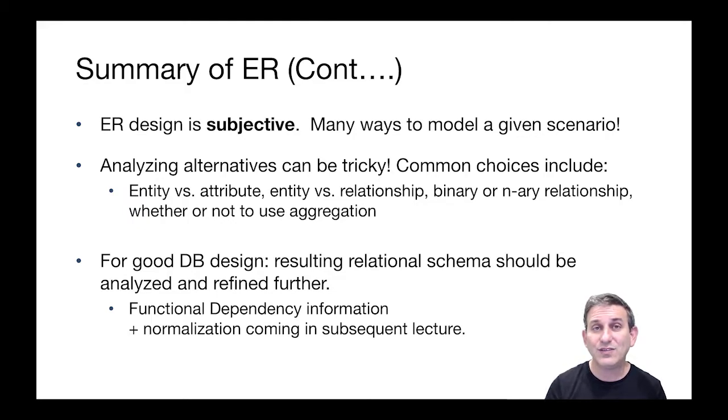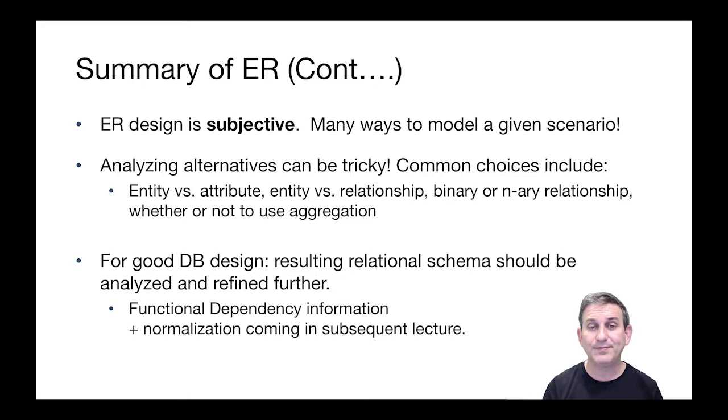So there are very often no right answers for ER design. It's often quite subjective. And I'd say that analyzing the alternatives, as we've seen, can be quite tricky. So we looked at some common choices: entities versus attributes, entities versus relationships, binary versus n-ary relationships, whether or not to use aggregation. These are all subtleties that help try to capture what it is about the real world you're trying to write down. And the trade-offs here often are about different interpretations of the world and how we can